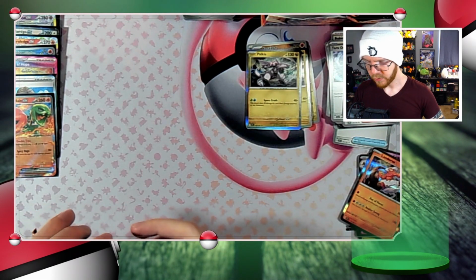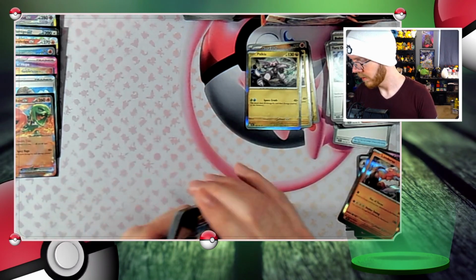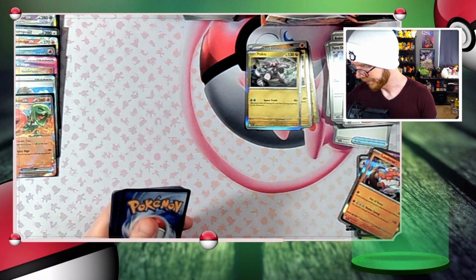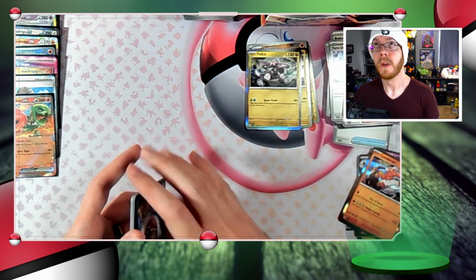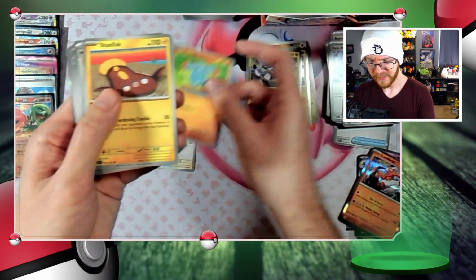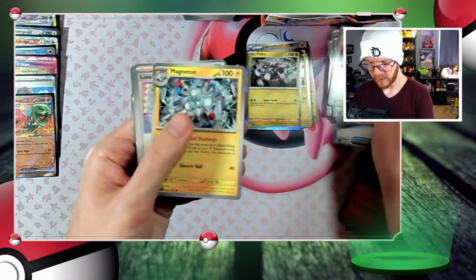Now, some of these dragons that they're printing here don't really work too great, at least so far, for Regidrago V-Star, because if you have basics, then that means that you are,